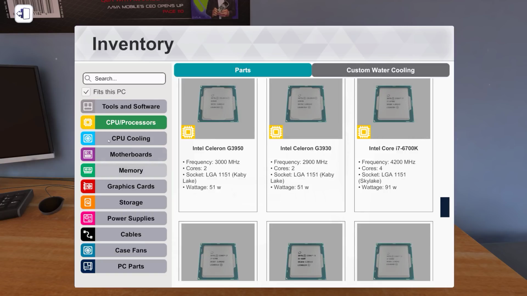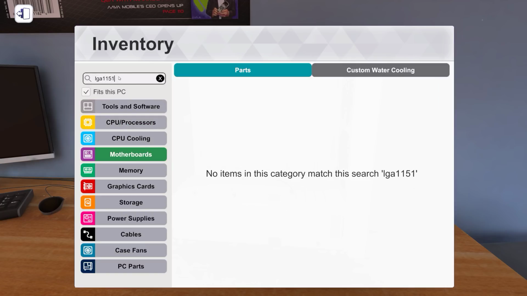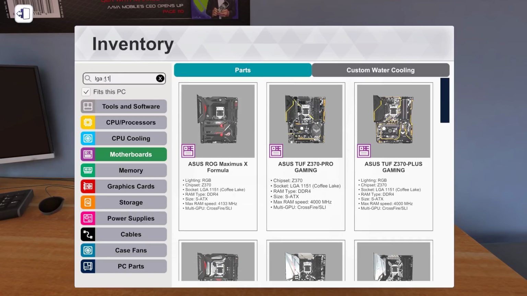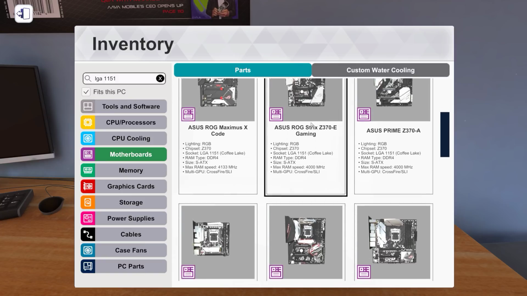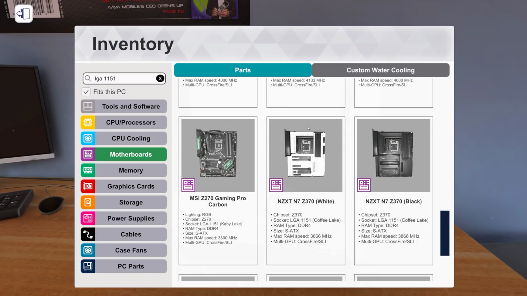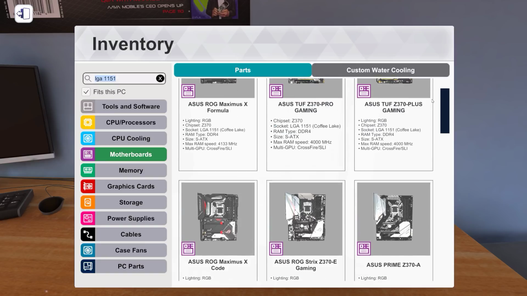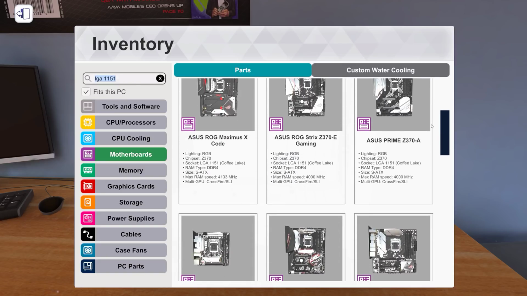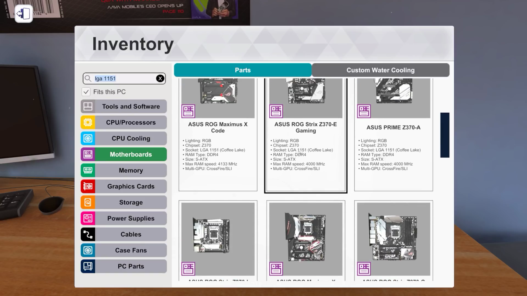So we need the Skylake LGA 1151. Oh, didn't leave the space. And as I maybe said before, I have an Asus motherboard. Can't for the life of me remember what it's called, but I'm pretty sure they don't have it in here, because they only have about 4. So we'll go for... It is a gaming one. I don't think it's like a Strix gaming, but